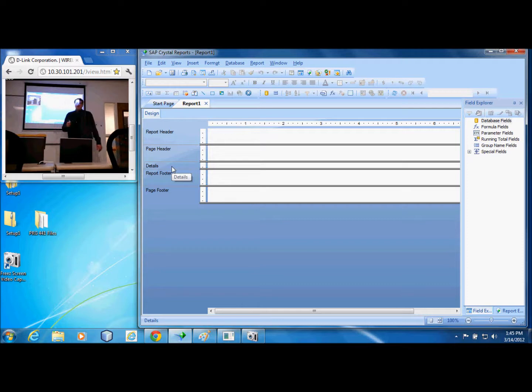Details are the data, the information that we're displaying. Report footer prints out at the end of every report, and it's only on that last page. And the page footer prints out at the end of every page. Now we're going to add different elements to this as we go along and learn different things, but those are